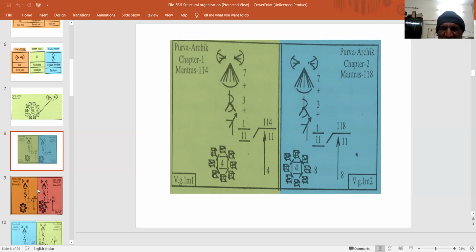Let us sit comfortably. Let us visit the outline depicted on the computer screen. There are 2 parts of depiction on the computer screen. On the left side is about chapter 1 and on the right side is about chapter 2. The chapter 1 is a scripture of 114 mantras and chapter 2 is a scripture of 118 mantras. Let us